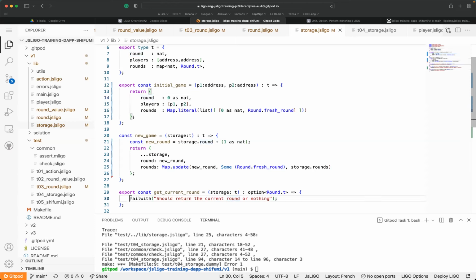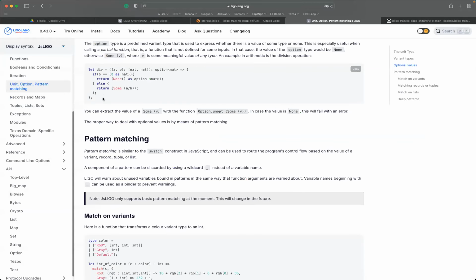Okay, so I let you write this function. It's just a simple function, and this function, of course, returns an option, because if you decide to retrieve a round which does not exist at the moment when you call it, you should return none or some.